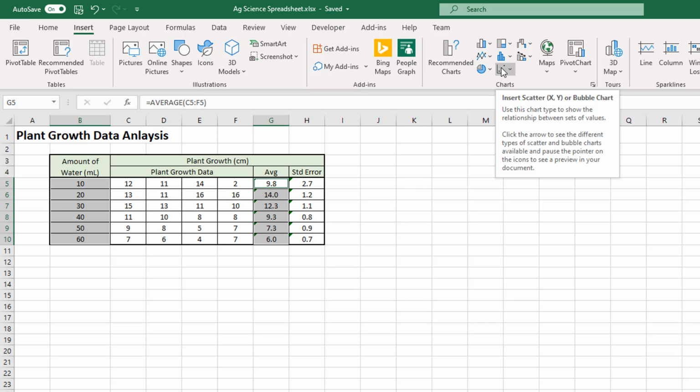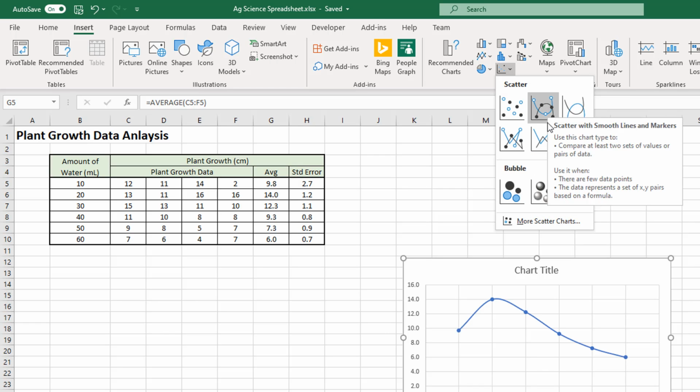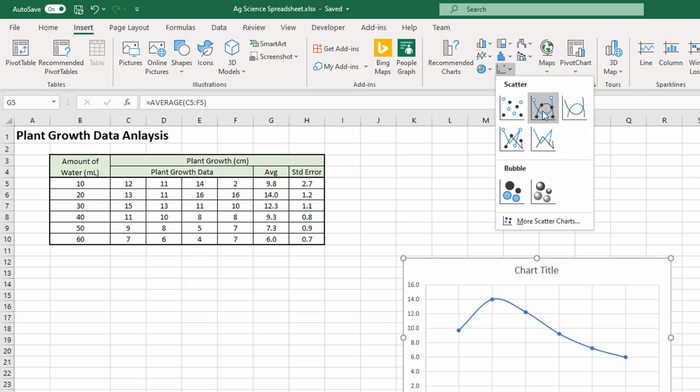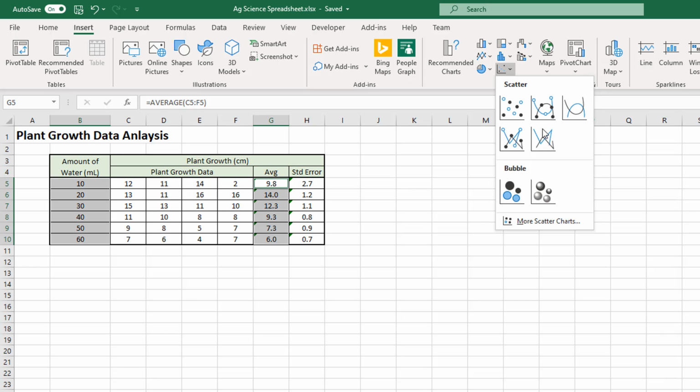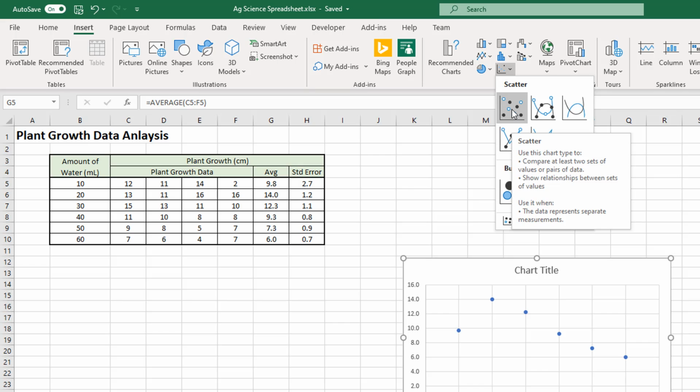There is a difference, and most of the time in science, if you've got numerical data on both axes, which we have here, an XY plot is what you want, not a line graph. So I'm going to click on XY plot, and I'm going to choose this one here. I don't want to choose any of these ones with the lines and things. I can put a trend line in later if I want to. I'm just going to choose this one here that's just got the dots, and we'll put the line in ourselves